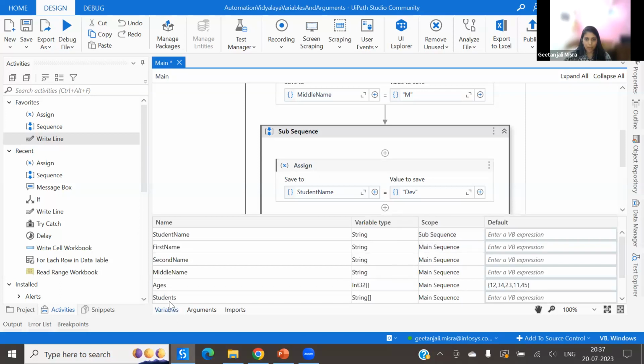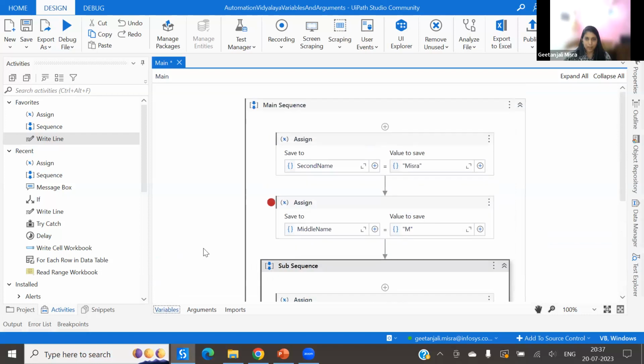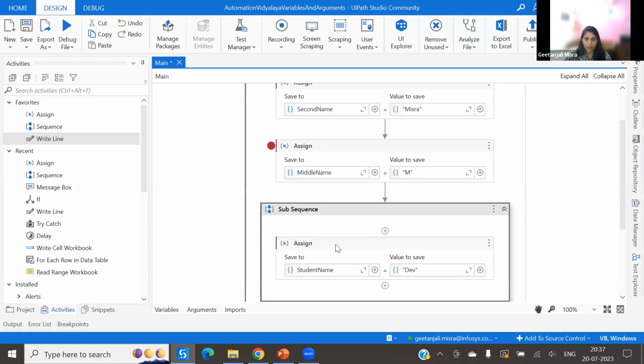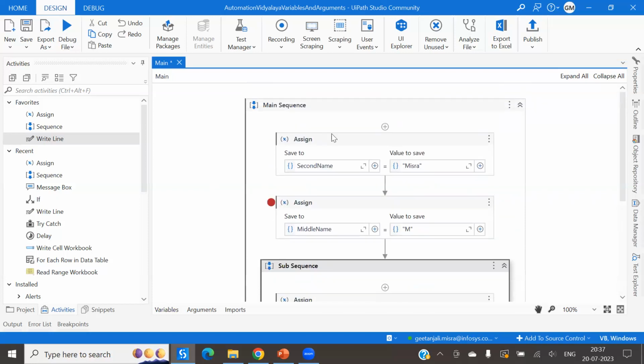Now, how scope works is, this is kind of a nested scenario, right? We have a main sequence and within that we have a subsequence. So what happens is,